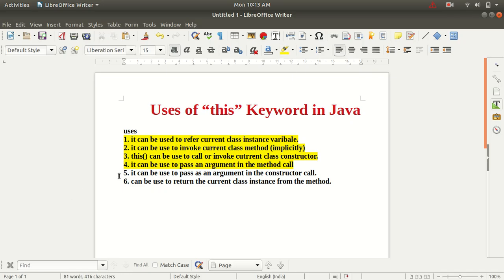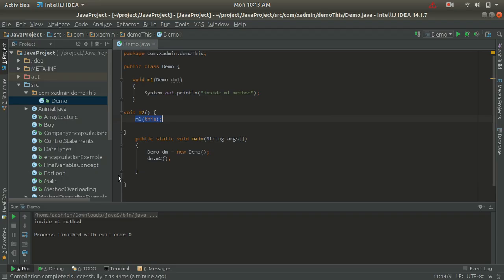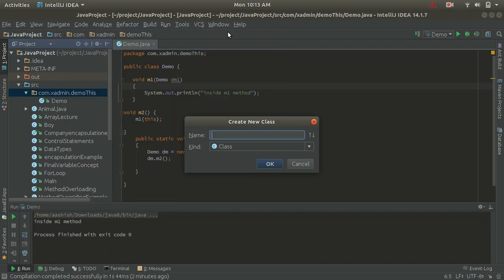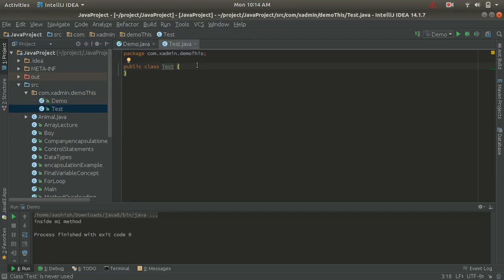The fifth use says that this can be used to pass as an argument in the constructor call. So you can pass this as an argument in the constructor call also. So let's go to our IDE, and now I'm going to edit this program. For this I'm going to create one more class. Let's say I'm creating a class with the name Test. Okay, and inside the Test class,